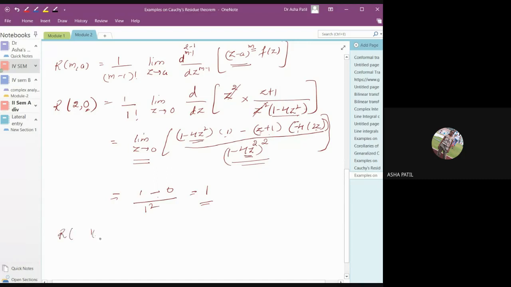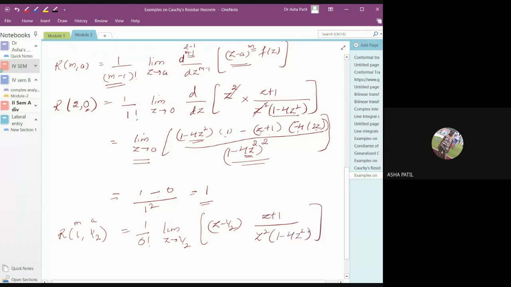Residue at 1 by 2, which is of order 1. 1 upon 0 factorial, m minus 1. This is our m and this is our a. Limit as z tends to 1 by 2, 0th order derivative. So we will not take any derivative because m is 1, 1 minus 1 becomes 0 here. Z minus a raised to m, z minus 1 by 2, into the function. The function I have written here, I'll take it, z plus 1 divided by z square into 1 minus 4z